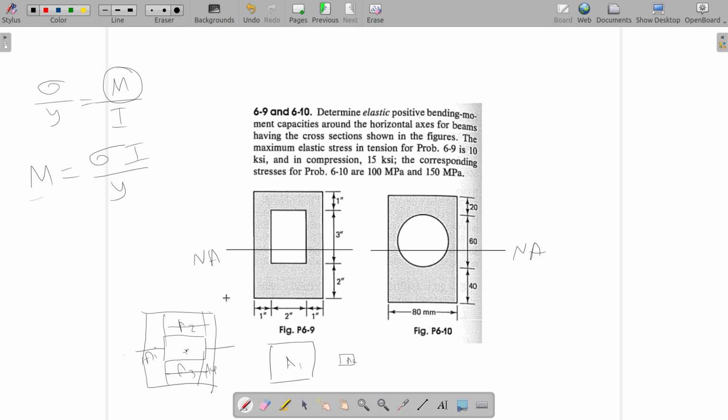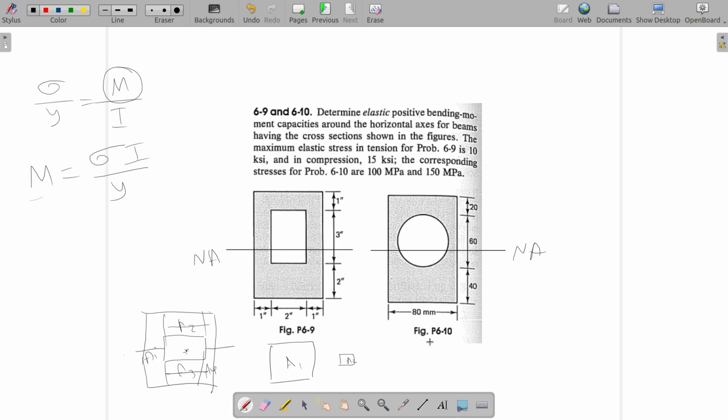And then find out the moment of inertia. Here you have to add up all the corresponding moments of inertia about the neutral axis. Here you have to subtract the moment of inertia of A1 about the neutral axis minus the moment of inertia of A2 about the neutral axis. Once you do the subtraction, you will get the